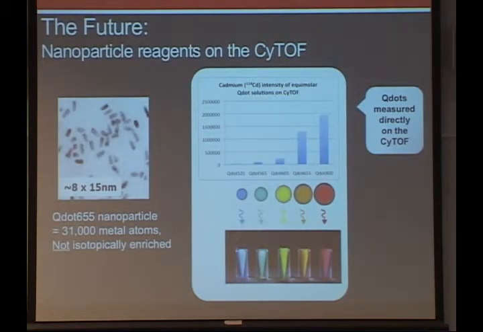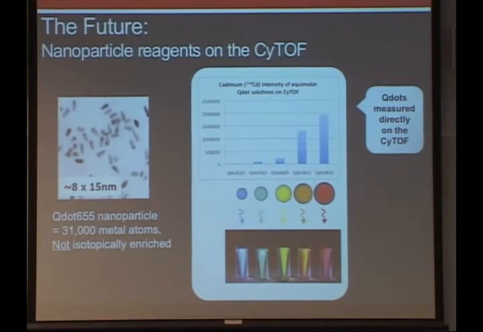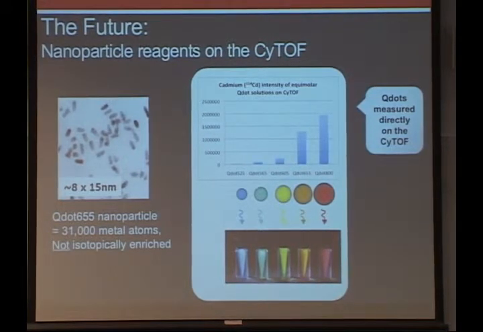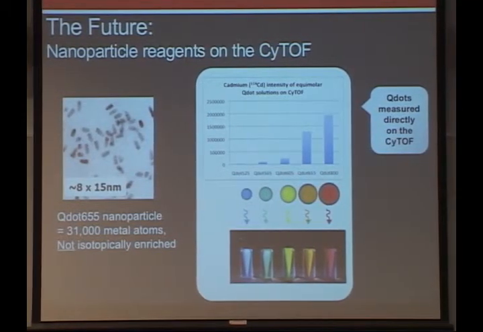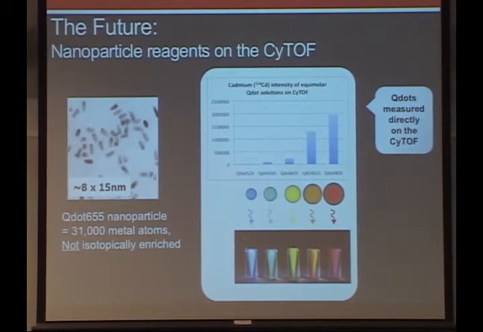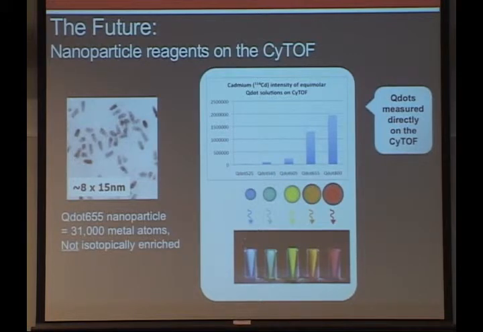So now I'll give you a brief introduction to where we're headed, or where we are hoping to head in terms of these reagents. As I mentioned, this chemistry that we currently use and that folks are using really around the world now can label up to 100 to 300 metal atoms per antibody, which is sufficient for a good portion of the needs in terms of specificity and sensitivity that we have, but isn't really as ideal as some of the most quantum efficient fluorophores on a flow cytometry platform. In order to increase the number,